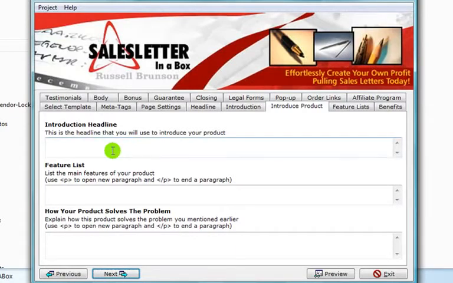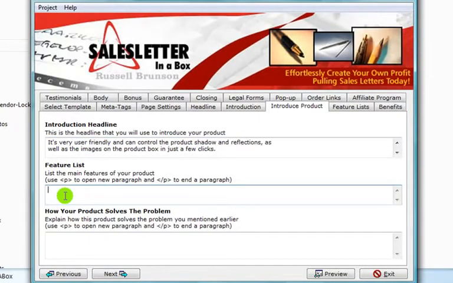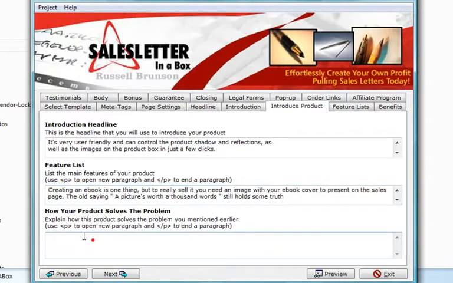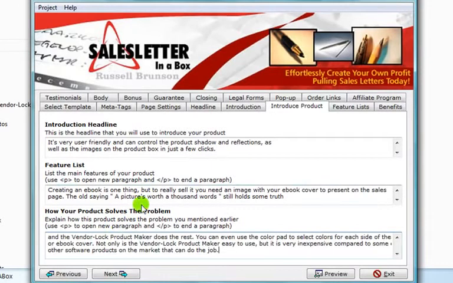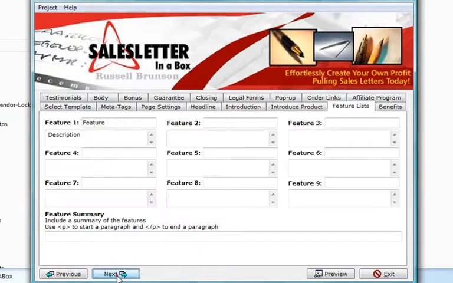and it will ask you for an introduction headline that you're going to use after that statement. Okay, list main features, you can use the paragraph tags, that's bracket P, and to close it you would use bracket / P bracket. Anything between that would be in the paragraph. Okay, and then you're going to fill in this box, which is how your product solves the problem. Okay, once you've filled in those boxes, you're going to go ahead and hit the next button again, and